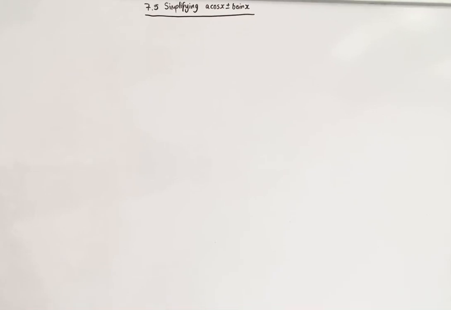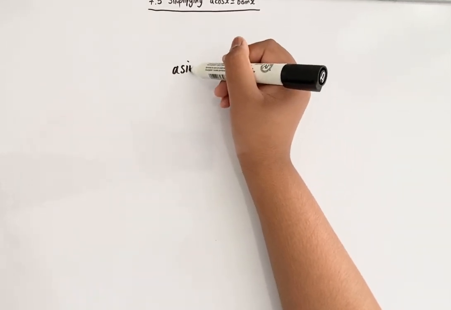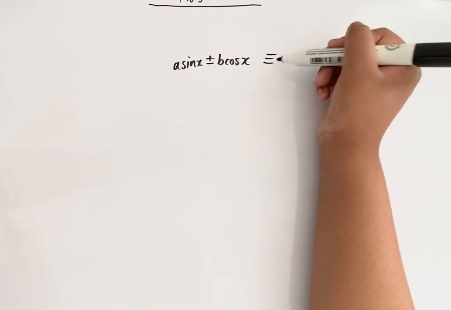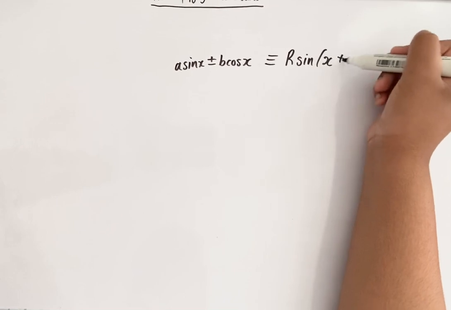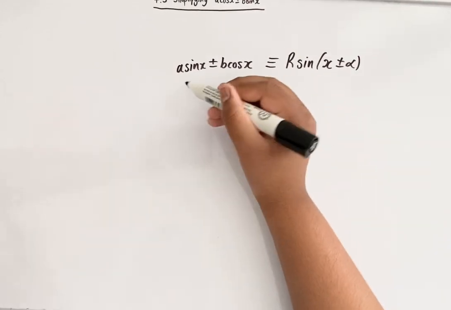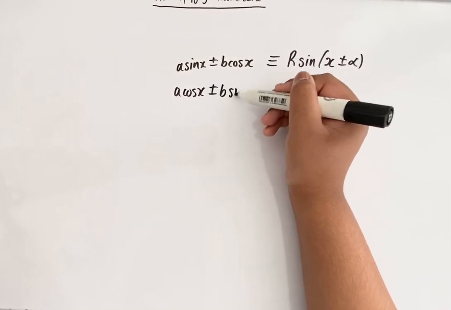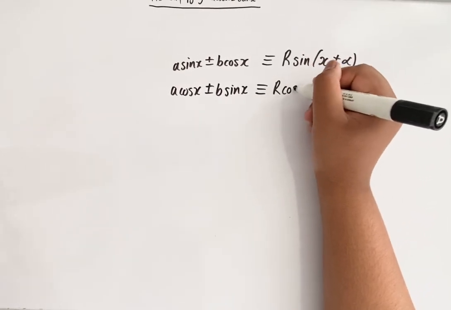Lesson 5. Simplifying a cos x plus or minus b sin x. You can use the addition formulae to simplify some trigonometric expressions. For positive values of a and b, a sin x plus or minus b cos x can be represented as r sine of x plus or minus alpha. For a cos x plus or minus b sin x, it can be expressed in the form r cos of